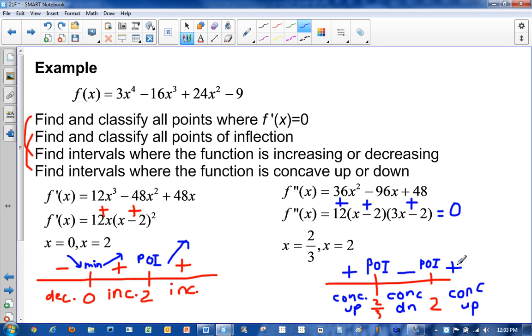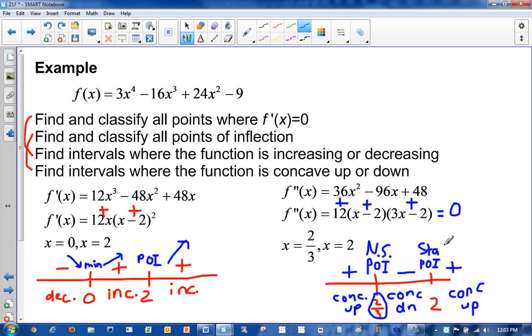Now let's figure out whether they are stationary points of inflection or non-stationary points of inflection. Well, at x equals 2/3, this function does not have a slope of 0 because I didn't have 2/3 as one of my points on this line where the first derivative was equal to 0. So the first derivative is not equal to 0 here. So that means it is a non-stationary point of inflection. But if you look at x equals 2, it was listed here as one of those points where the first derivative equals 0. So there's a horizontal tangent there, and it's a point of inflection. So this is a stationary or